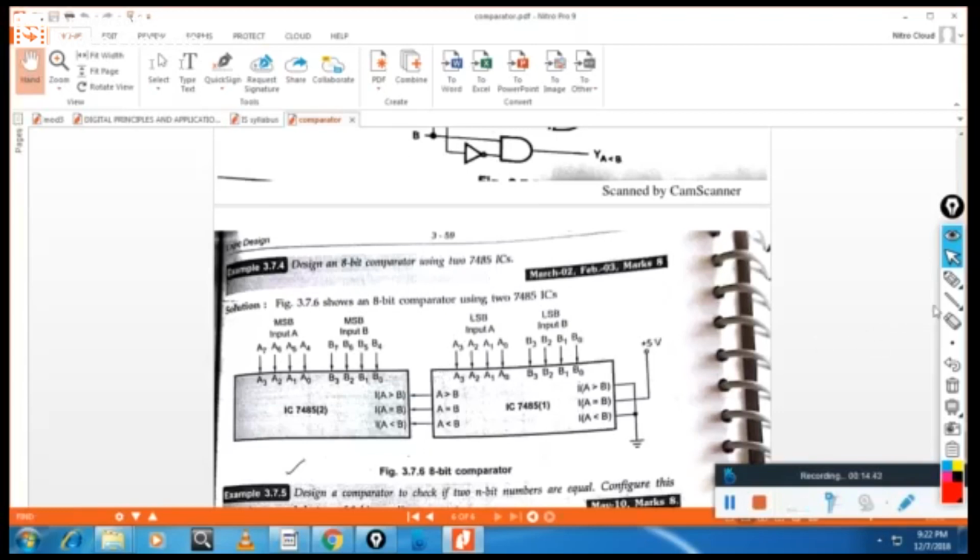So what I am doing, I am connecting 4-bit comparators. This is 4-bit and this is 4-bit. These are the cascading inputs connected. And for the cascading input of the other IC, 2 inputs I will ground and 1 input I will connect to 5 volt VCC. That means I want to check whether the two numbers are equal. I want to check here equality of the two numbers. I don't want to check whether one number is greater than the other or one is less than the other. When the two numbers are equal, you will get the output that they are equal.